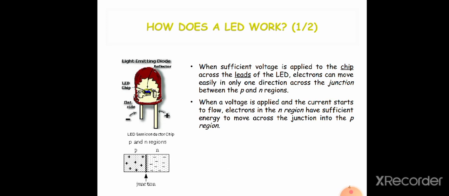When the LED is in forward bias, electrons from the N region will cross the junction and recombine with the holes in the P region. These electrons will jump into the conduction band at a higher energy level than the holes in the valence band. Due to recombination of electrons and holes, these electrons return back to the valence band at a lower energy level than the conduction band. While returning back, these electrons release excess energy in the form of light. This process is called electroluminescence. This is the principle of operation of LED.